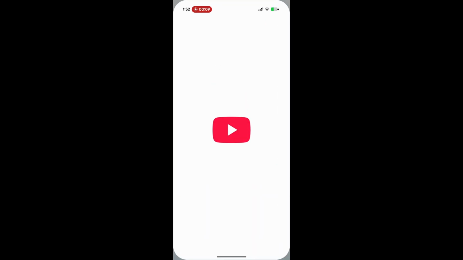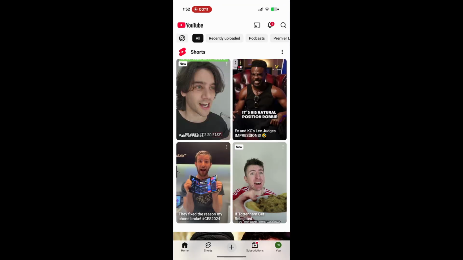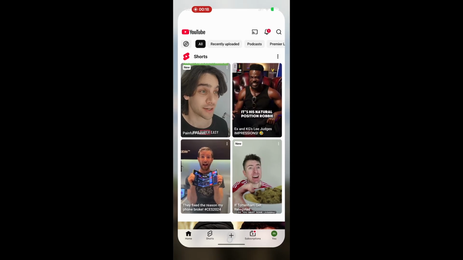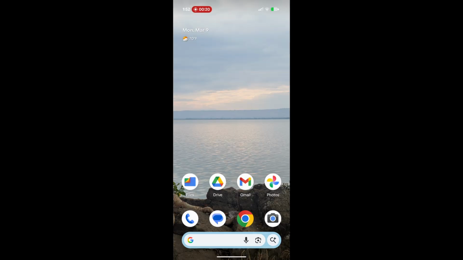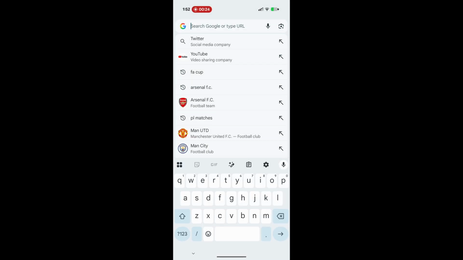So normally in the YouTube app, you can just watch videos and you cannot download music. But what you can do is download music from the YouTube Studio app. So we'll close this, go to our web browser. I'm going to choose Chrome for this example and type in